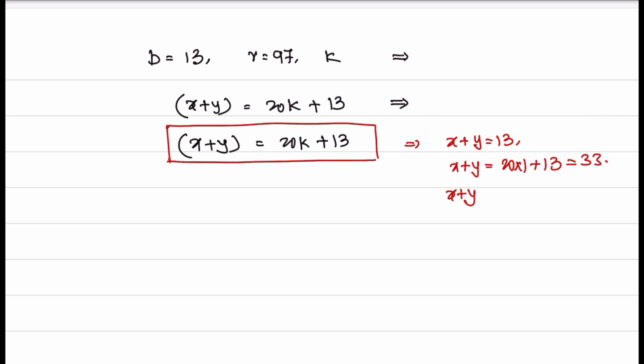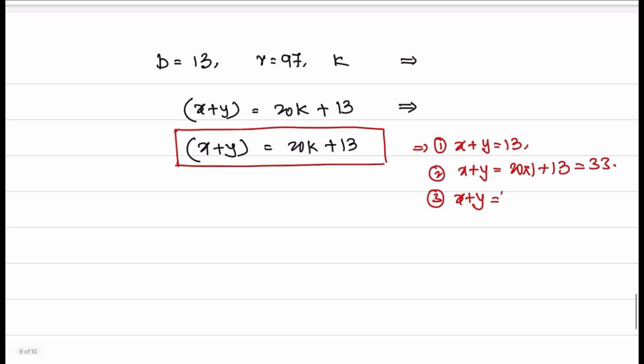Then this is the first value, this is the second value, this is the third value, 20 into 2 plus 13, that is 53. That means the value of x and y varies as per this equation. That means the ultimate answer is x plus y is equal to 20k plus 13,